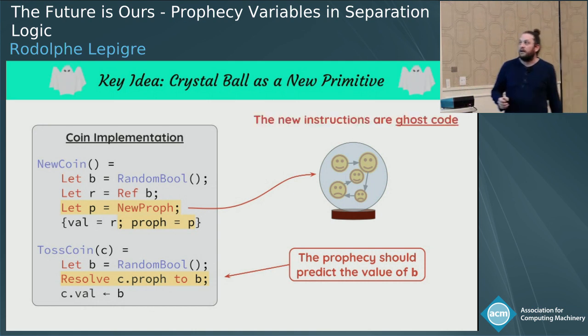Okay, so what I've shown you here is that for using prophecy variables with our approach, we need to use ghost to modify the code. And this code is actually ghost code. So what that means is that it does not really modify the computational behavior of the program. So morally, the program we're reasoning about is still the same.